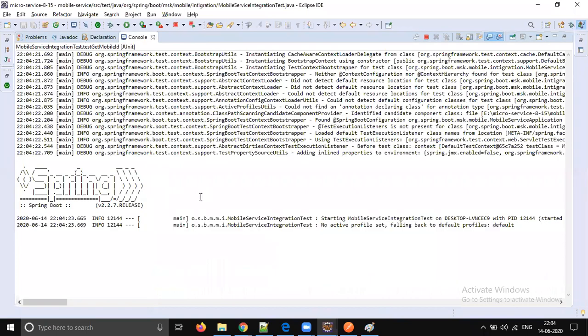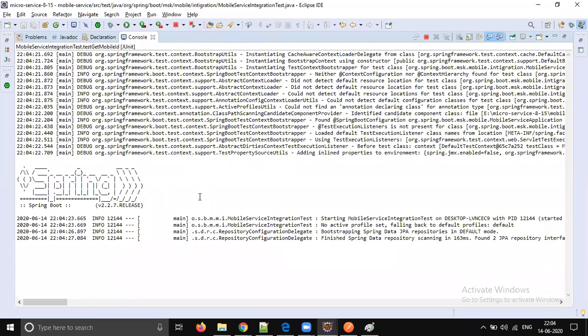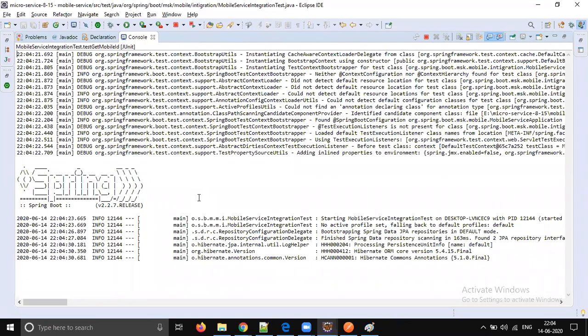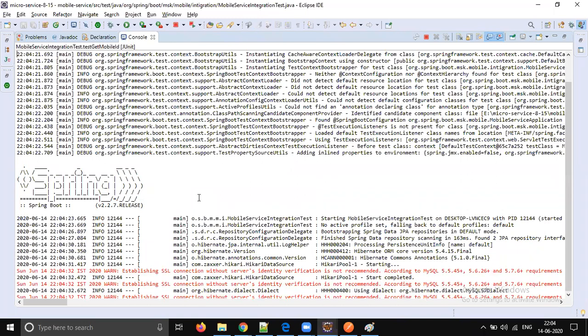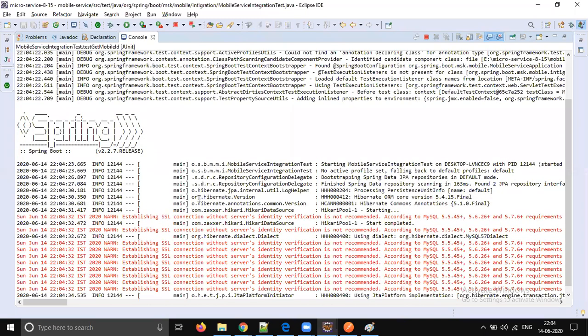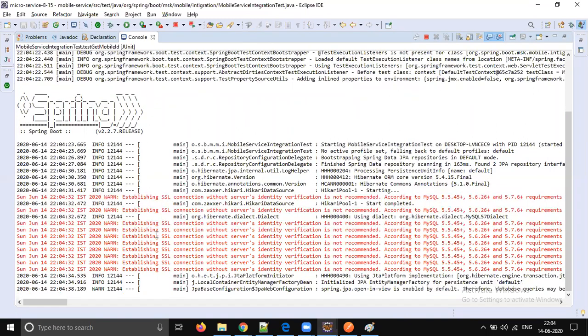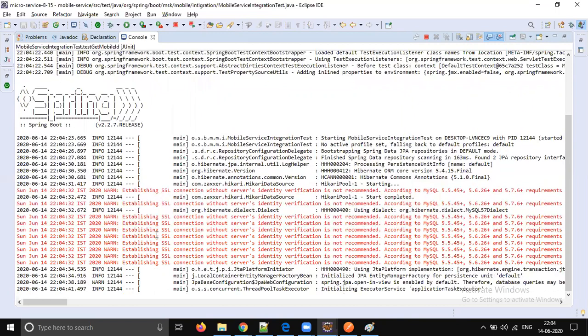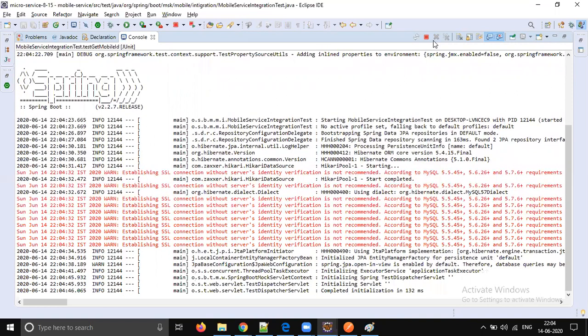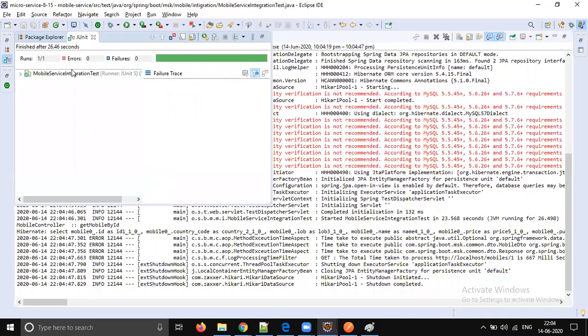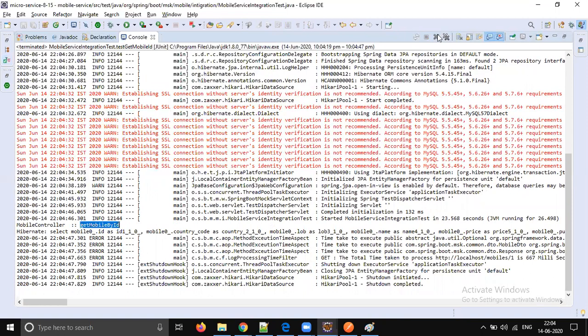it will make an HTTP call. It will get the data from the database, and it will try to get the JSON and check whether the properties are matching with the JSON or not. Connect to the database, and automatically that server will be shutting down once it is done, right? So it's passed now. You see that the query got executed and the server also automatically shut down, right?